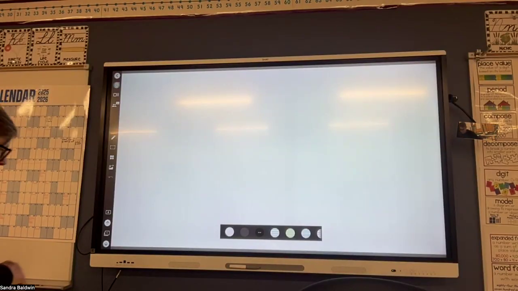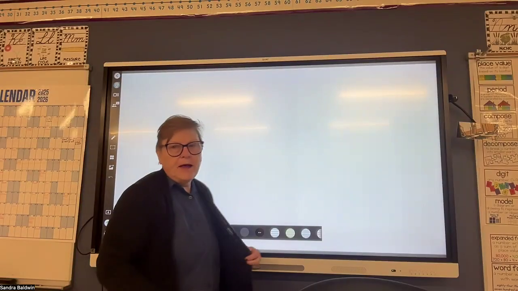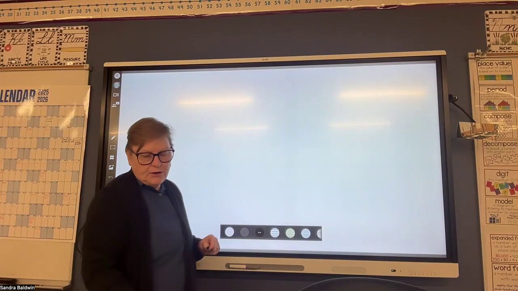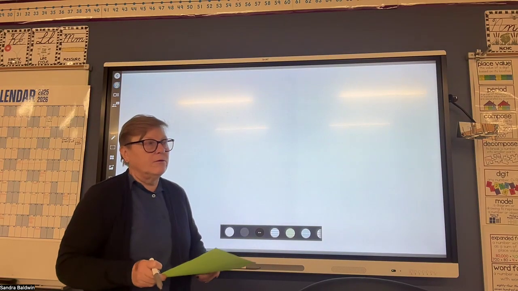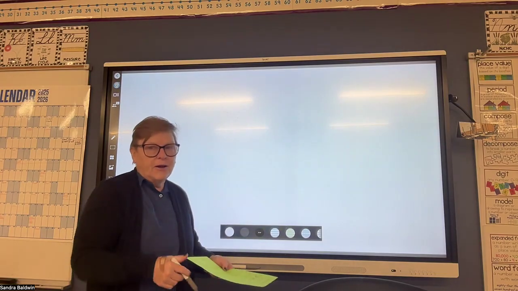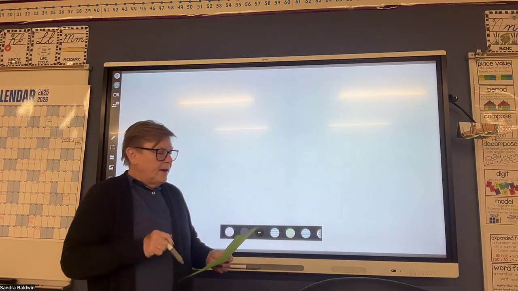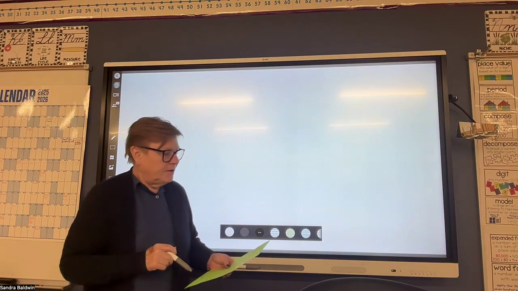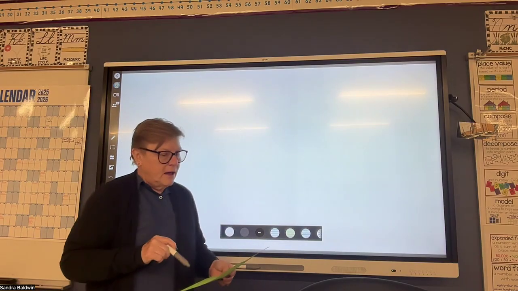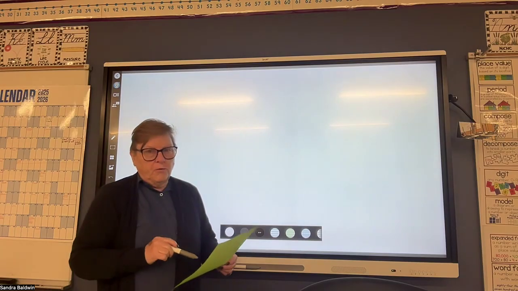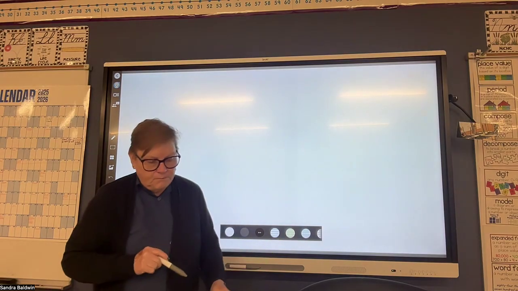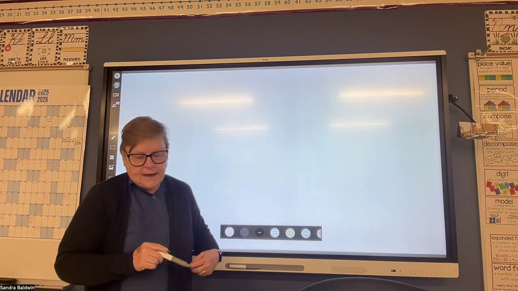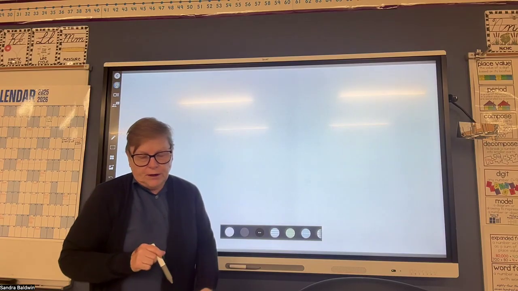Okay, boys and girls, today we learned how to multiply 3 digits by 1 digit using the area box method, or the box method, or the area model method. We did 3 in class, so I'm not going to redo those. I'm going to start on the 4th one on the paper that I gave you, which is the green paper